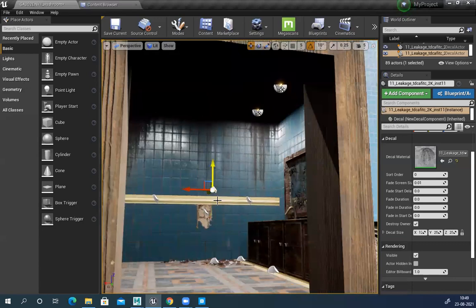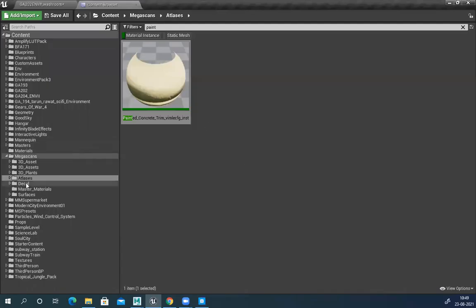I can elongate this thing and then place it, so they can have more variation. It should not look like the same thing repeating again and again. And then